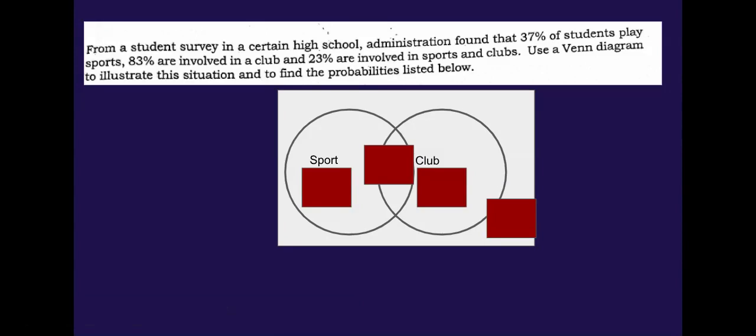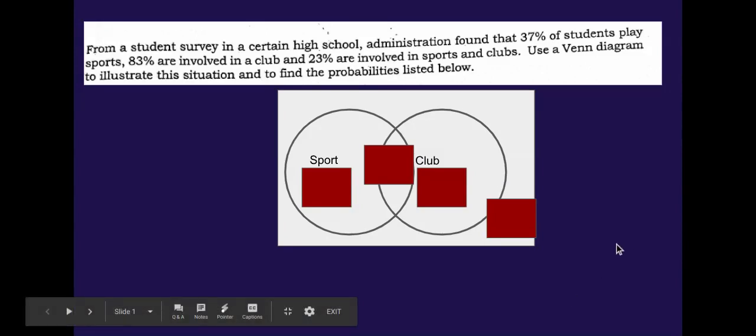From a student survey in a certain high school, administration found that 37% of students play sports, 83% are involved in a club, and 23% are involved in sports and clubs. Clearly, all of these things add up to more than 100%, so we know that the intersection needs to be considered when we're filling in the Venn diagram, and then we're going to find all the probabilities that we can. So in this case, we have the Venn diagram